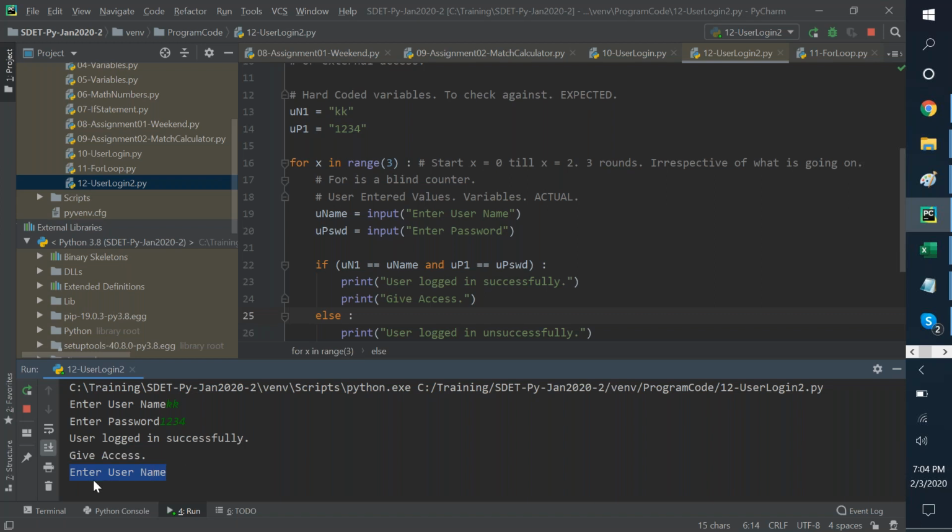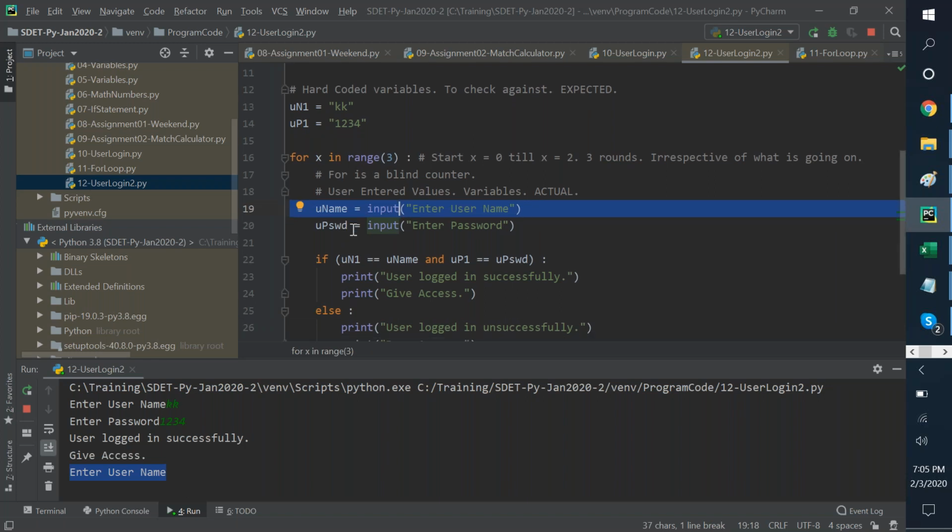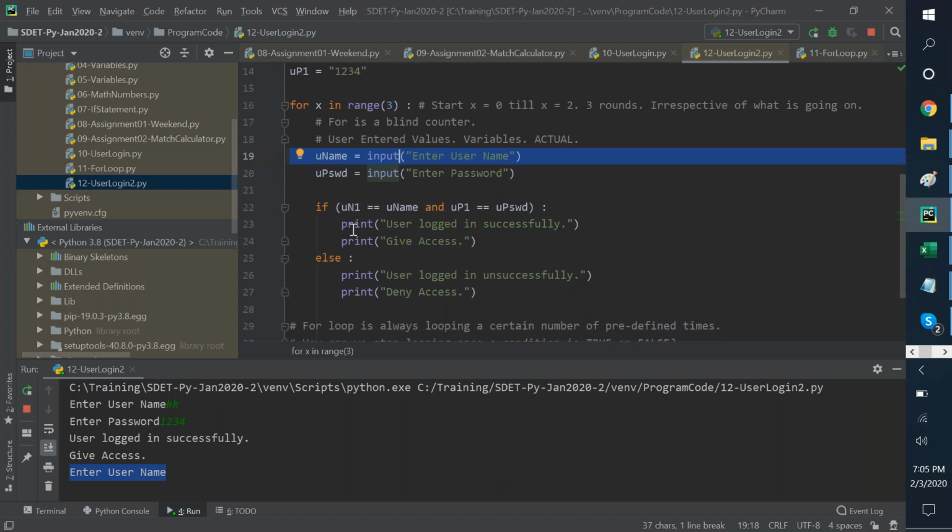Which line number is this statement coming from in the code? You guys are just rocketingly awesome. Not a single mistake. One mistake, who said 16? 16 is the wrong answer. 19 is the right one. It's coming to 19, where the user enters the username. So why is it coming here? Because where is the first? Okay, tell me what is the last statement in the for loop? Which is the last line number in the for loop?